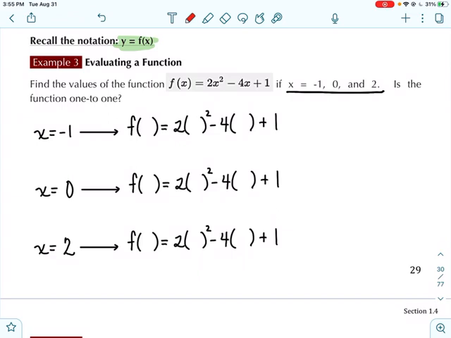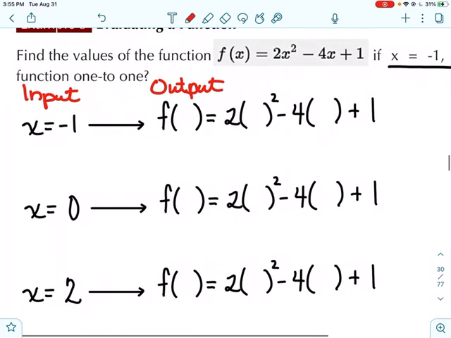So the input is x. Remember, the input is x. And then the output is going to be f of x, right? So what we do is we're going to input, let me make this a little bit bigger. So I'm going to input the x value in each of these, right? And so if you don't have a calculator, remember you're only working with the right-hand side of the equation. But functional notation is very convenient because we can state our x and our y value at the same time. So f of negative 1 is the y value, where negative 1 is the x. So we're going to pop in the negative 1 in here. In the same way, we're going to pop in the 0 here. And we're only going to work with